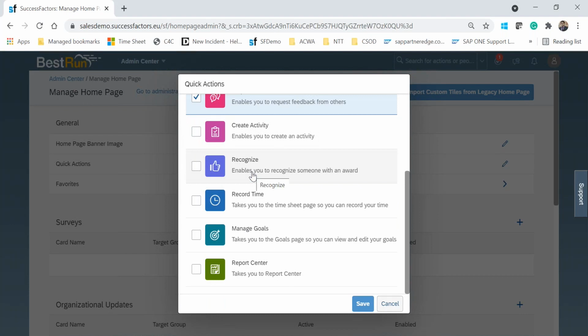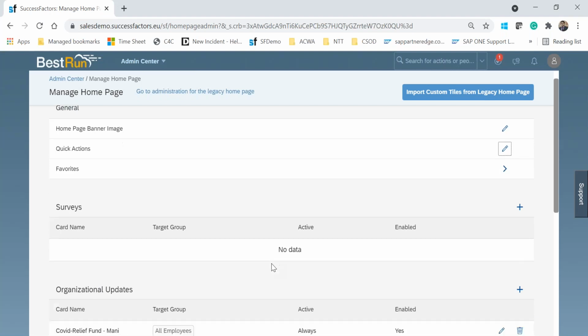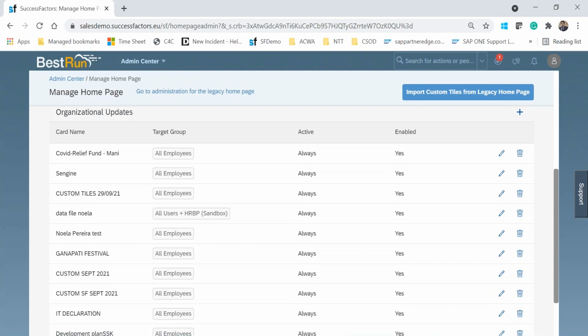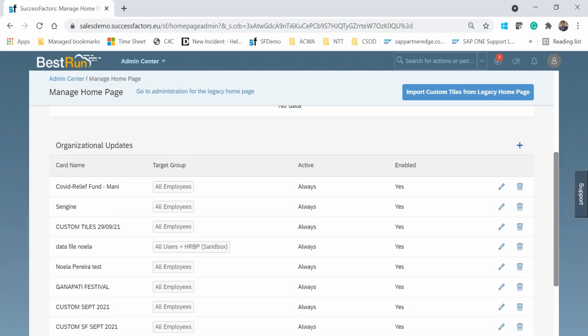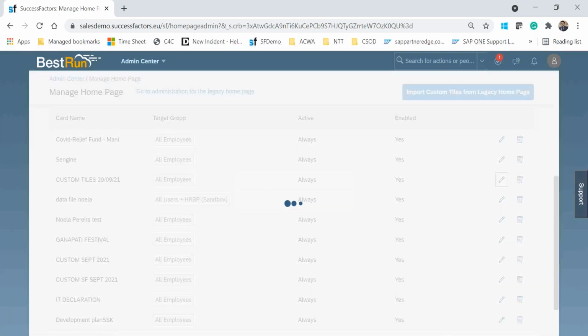See under the organization update, if you scroll down, there are a lot of tiles. So we can see only a few of them, or the latest thing, I think. Okay, no problem. So if you go to any one of them,